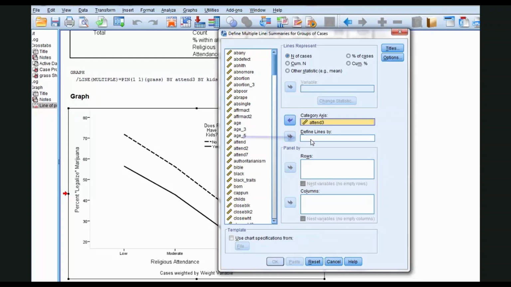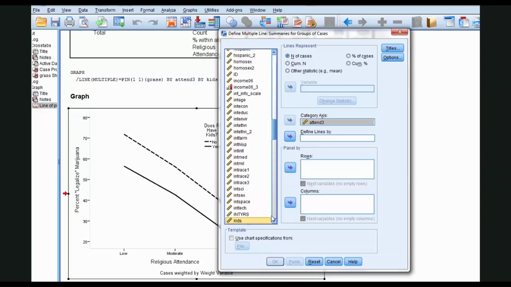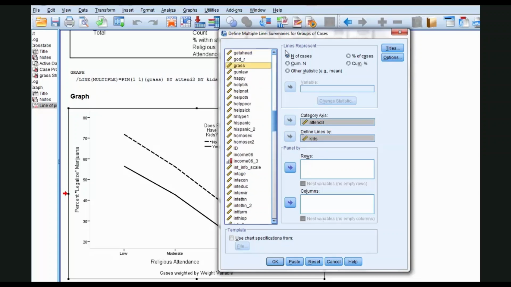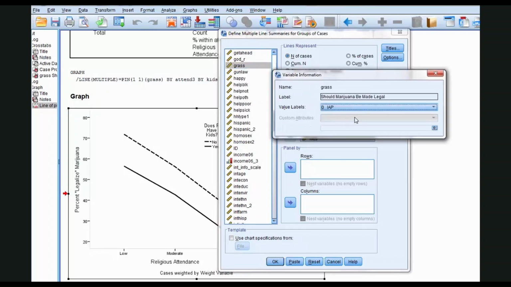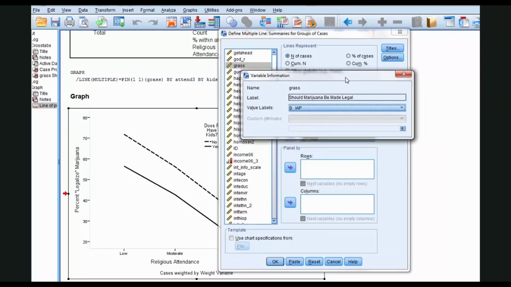And define lines by means control variable. What variable is going to be used to differentiate between the lines? That's the control variable kids. Let's go down and pick up kids. There we go. And then as before, we want some version of the dependent variable grass to go into the lines represent panel. Just to refresh our memories, I'm going to right click on grass, check variable information,